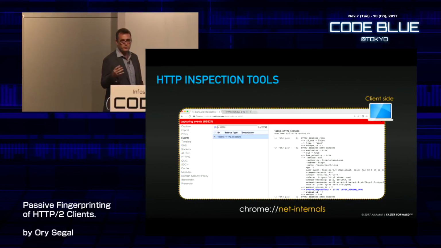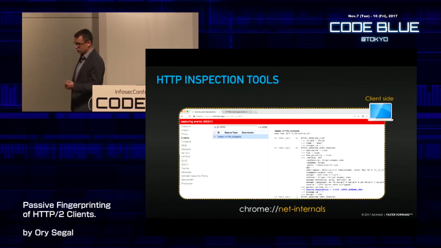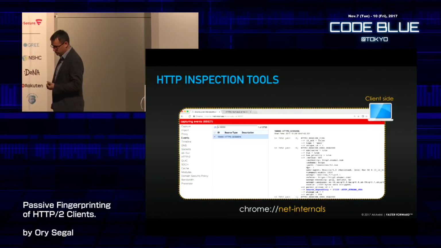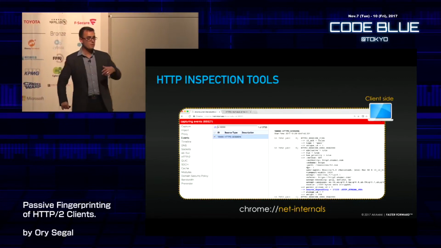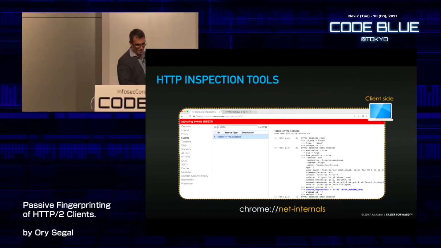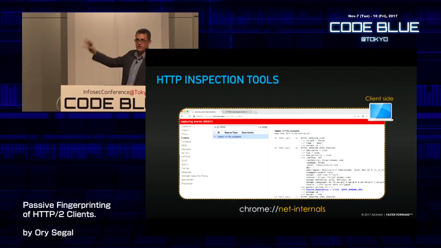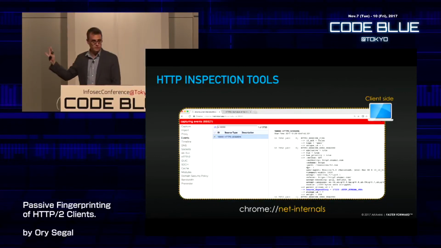I'm not sure if a lot of people know about it, but it allows you to debug connections both in HTTP 2 as well as QUIC, which maybe will be my next year's presentation if I get accepted. And you can see the live sessions, and you can see the headers, and you can see the flags, and you can see everything I'm talking about in this presentation.